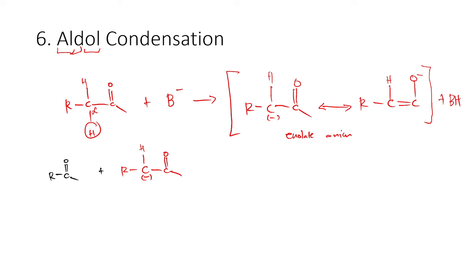What will happen here? Because of the presence of the negative charge of our enolate ion, it can actually affect this carbonyl compound, just like how nucleophilic attack happens. This negative charge will attach itself to this carbon through nucleophilic attack